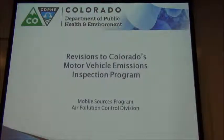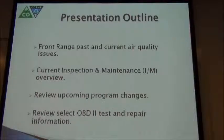I also do a lot of tech nights with diagnostic repair type things for the emissions program, but today we're here to talk about revisions to the program that will begin January 1, 2015. So where are we going to go? Well, just talk a little bit about